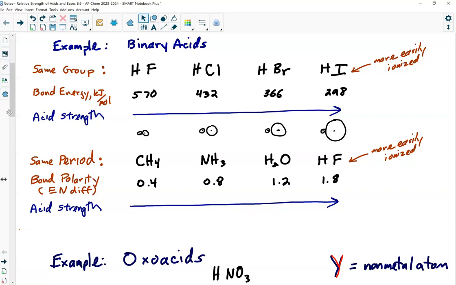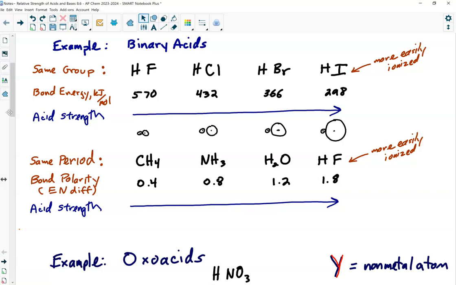Because remember, to ionize, you have to have an ion-dipole force from water that pulls that covalent bond apart. You know what I mean? So HCl, HBr, HI are all strong acids, and actually HI is stronger than HCl. You predict that by structure. Now, how about if you go across a period? Well, for that, you're looking at electronegativity. And it turns out that HF, even though it's a weak acid, is a much stronger acid than water,